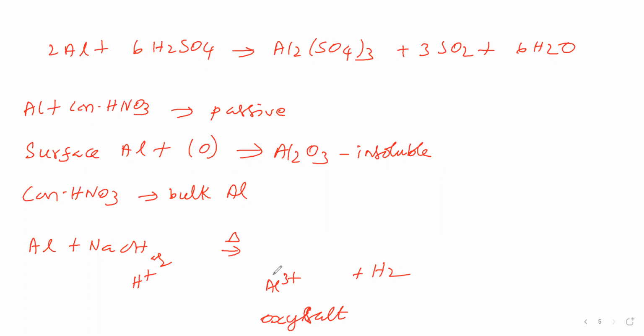Will the aluminum ion undergo hydrolysis or not? Yes. Hydrolysis means it will take what? OH- from water. By taking OH-, it will become what? Aluminum hydroxide. Aluminum hydroxide is amphoteric, isn't it? Yes. Aluminum hydroxide is amphoteric, therefore it will react with what? Sodium hydroxide, because it is a strong base. The aluminum hydroxide reacts with the sodium hydroxide to give what? Salt. That salt is called oxysalt. Okay, so we will get oxysalt here.